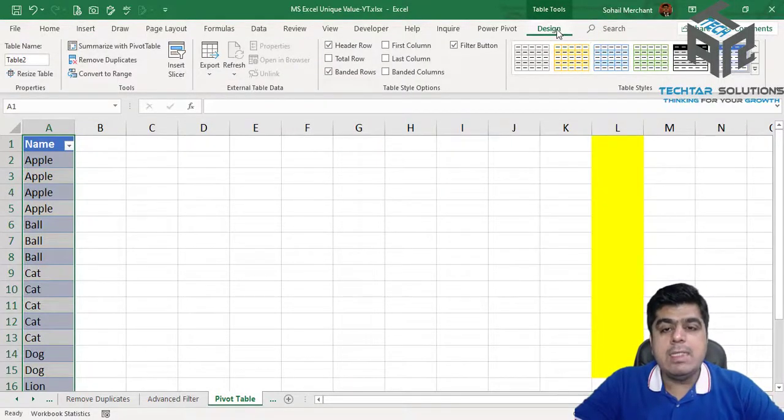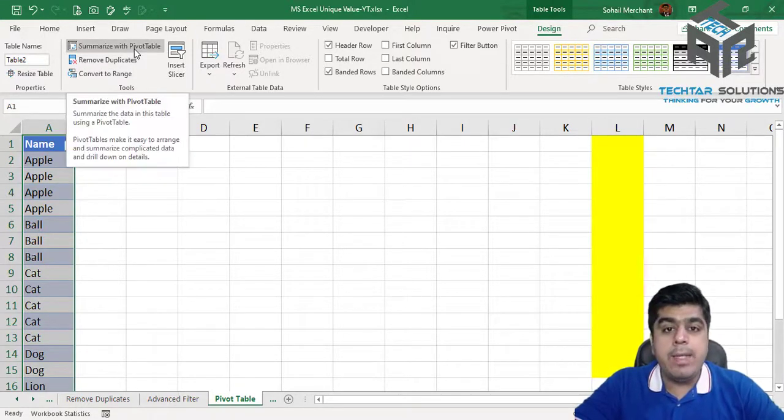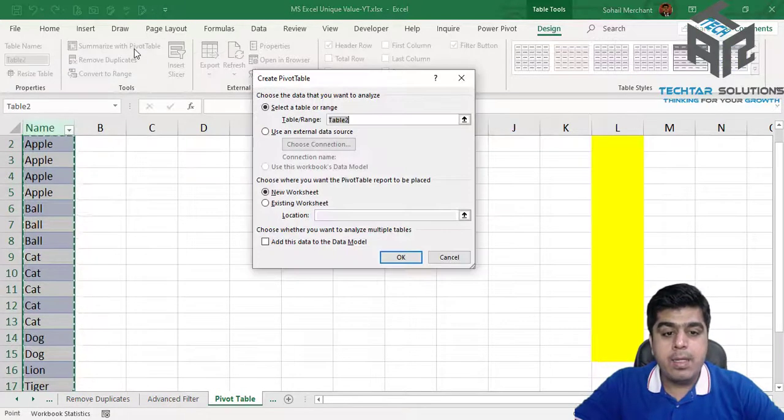Now we have this Design contextual tab, click on it, and we get this Tools group having the summarize with pivot table option. Click on it. It already selected my table. Now I just want to mention the location and we want to have the pivot table in L1.